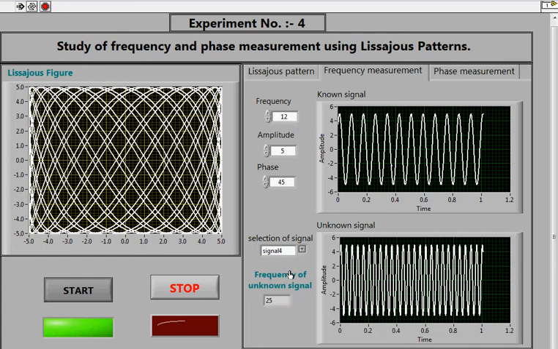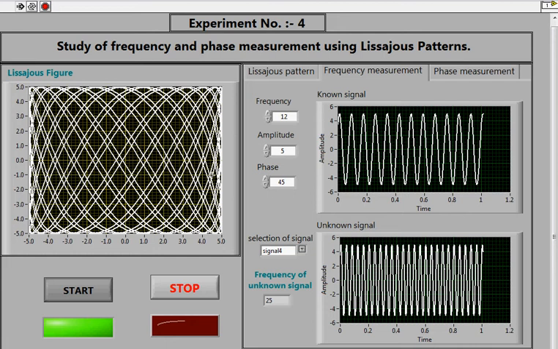These are the graphical representations of those signals. This is the amplitude, and this is the time scale, and this is the amplitude for the unknown signal, and this is the time scale for the unknown signal. In this way we get the Lissajous figure.